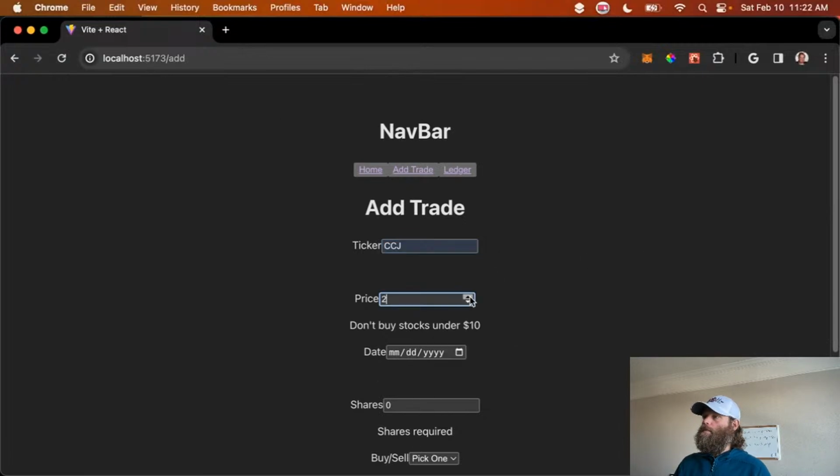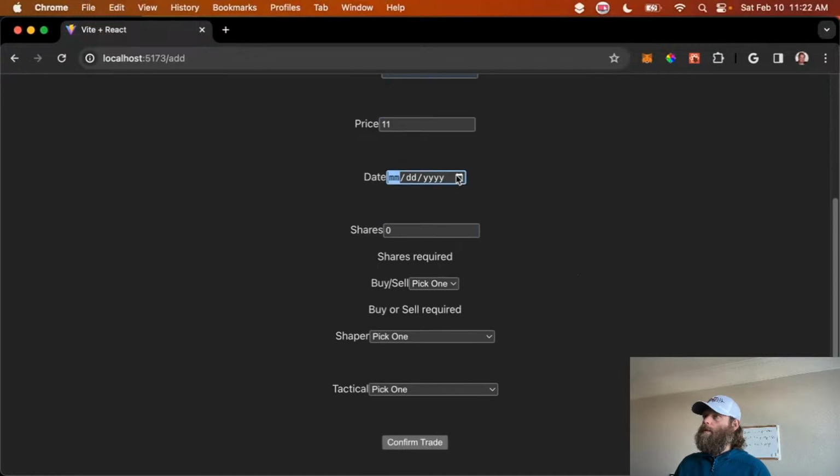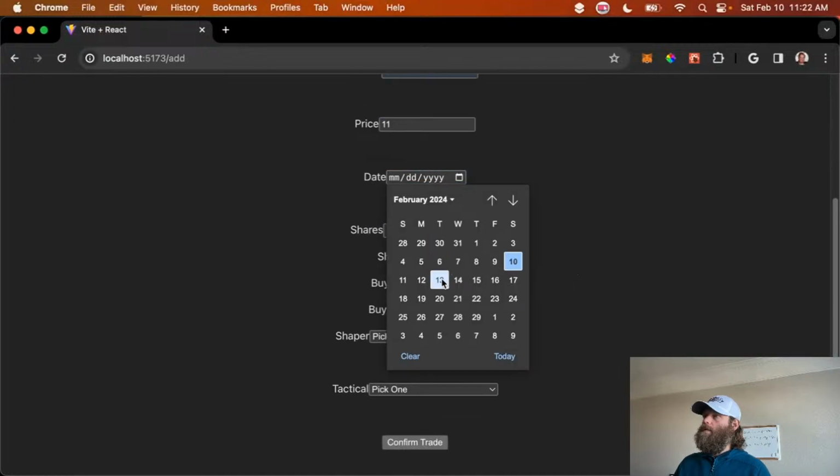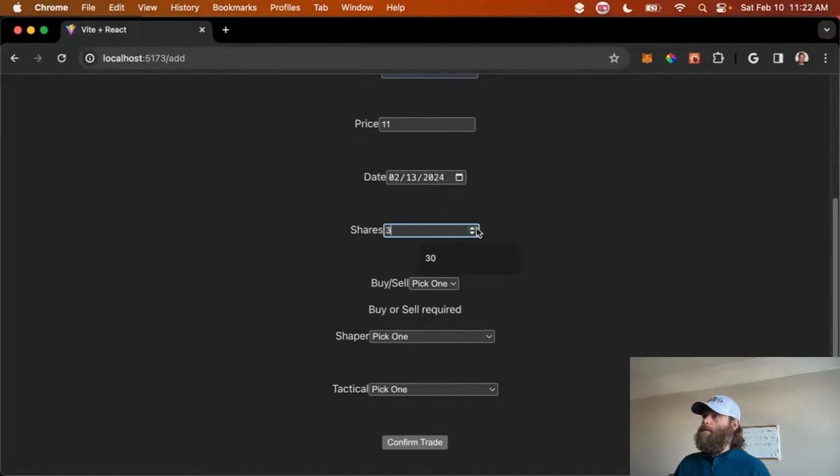So we can say that. We can do price. We can set the date. Buy 3 shares. We can buy. And it doesn't mess up the whole form. And then, one other thing, which I think is really cool. We can do